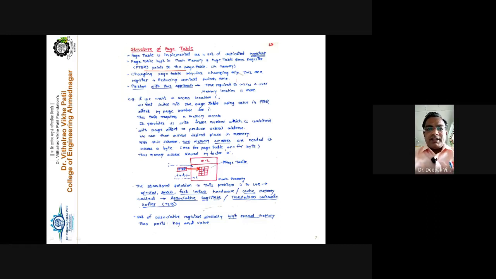Hence, if this is a single case and this variable, for example variable I, is required frequently by the processor, then what happens? Automatically the processing speed comes down, because the CPU or the operating system has to do two memory accesses, and it has to find the value from the main memory every time.